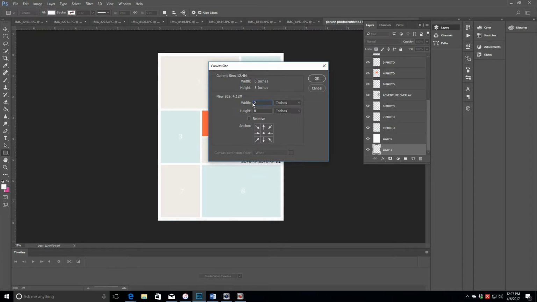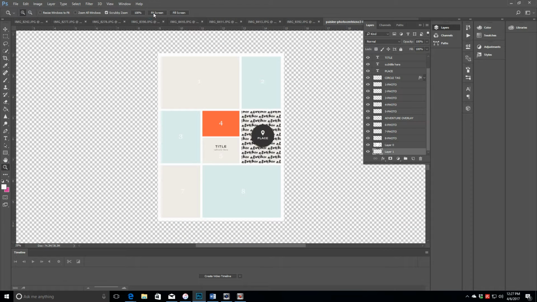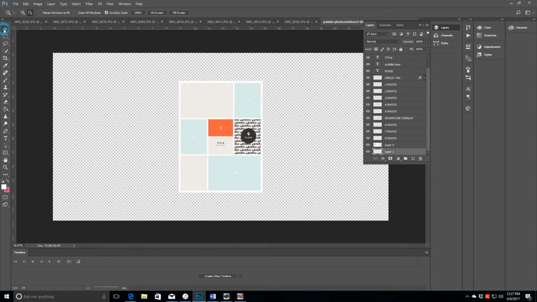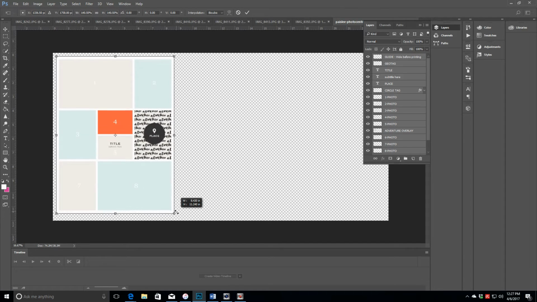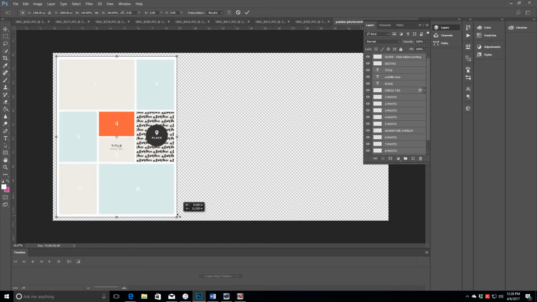Now I'm going to start on the layout, actually assembling the layout here. So I've pulled up a template from Paisley Press. I'll link below which one that is, and then I've enlarged my canvas so that it's 12 by 24. Now I already pretty much have a feeling that I'm not going to fill up a full 12 by 24